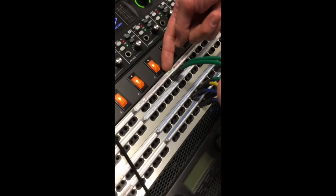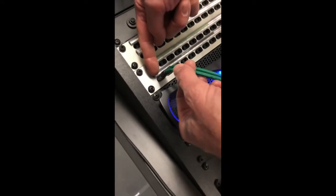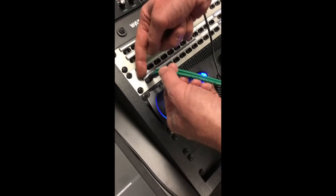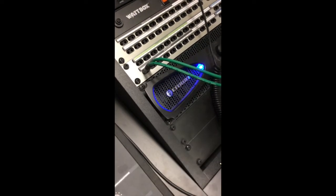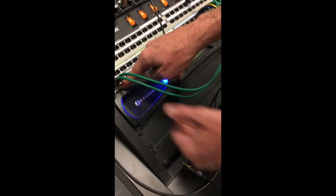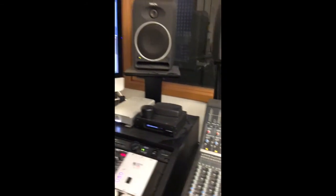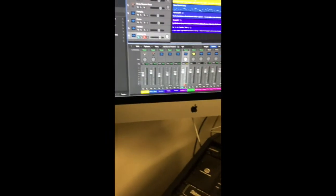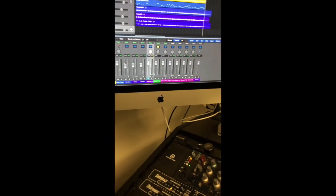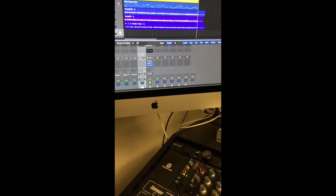So what we do is we use patch cables to come out of our main out, and we're taking our left channel, or main out left, and we're patching that to the Apollo input, or our interface's input on channel 1. And we're taking the main out right and patching that into the input for channel 2. And so that shows up in our DAW as an input 1 and 2, and we just simply select that on a new track, a new stereo track, which will have the input of the main mix